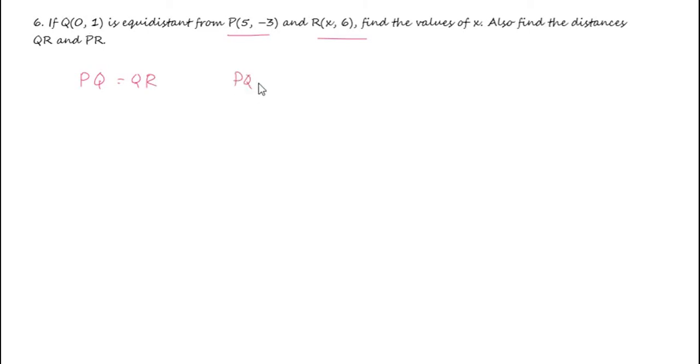Now PQ equal to, let us take this one as x1, y1, this one as x2, y2, square root of (5 minus 0) whole square plus (-3 minus 1) whole square, that is equal to square root of 5 square, 25, plus 16. I will keep it as it is. Then QR